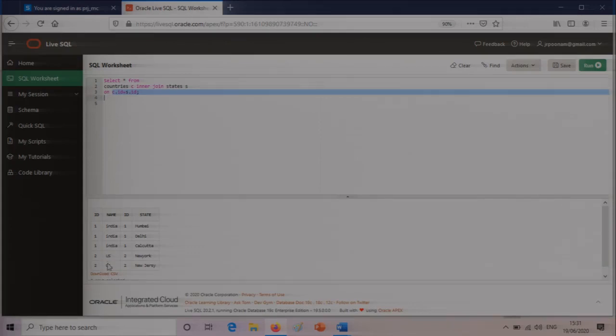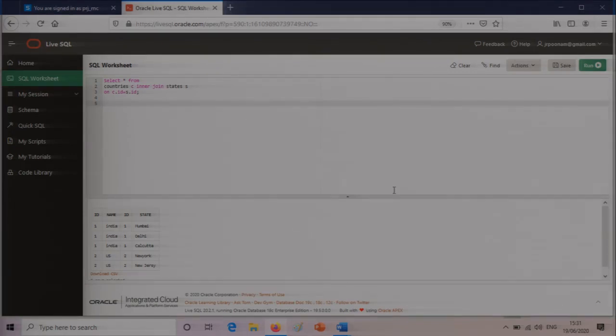So concerned to that, whatever entries are there, 5 rows have been selected here. So ID, name column, ID and state column. So you can see ID has been repeated twice, and the other fields which are exclusively there in those particular tables have been extracted. So this is what inner join is. So this is simply the values between the two sets.